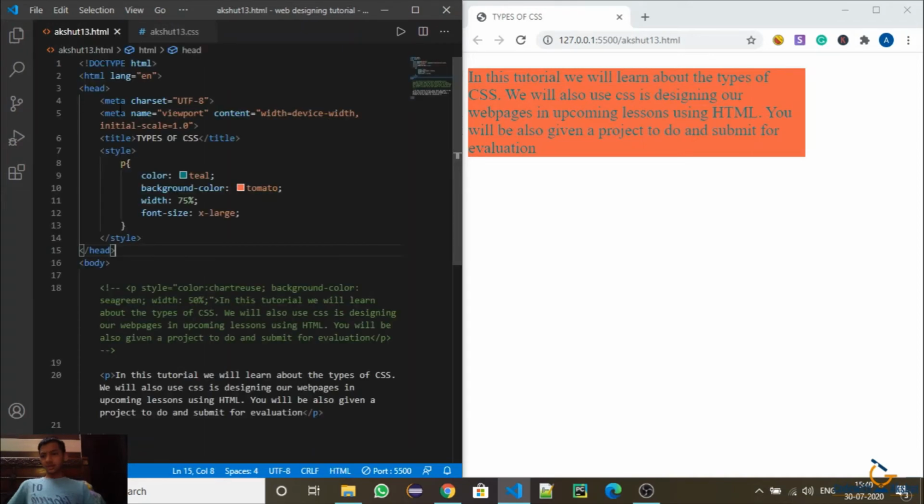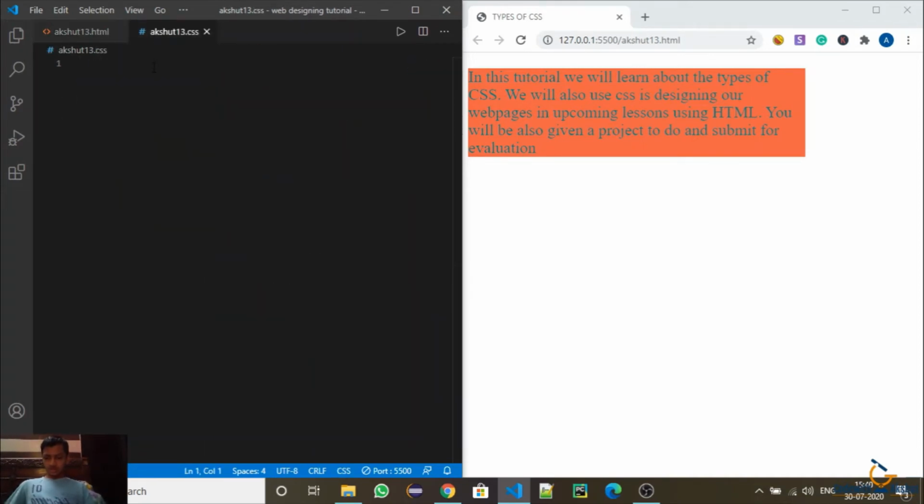In it I will copy this whole thing and paste it there. Now I will change these properties, from teal to red, from tomato to black, from width 75% to 60%, and I will keep the font size the same.